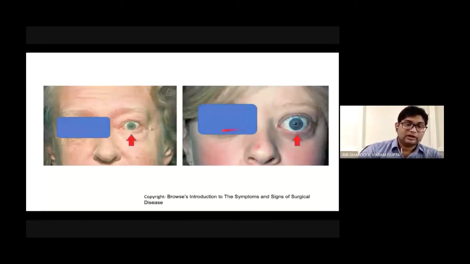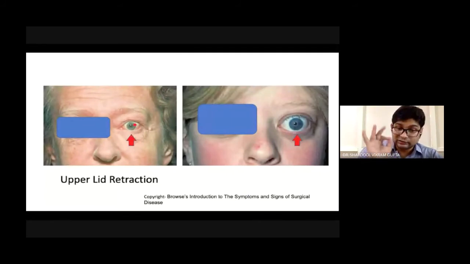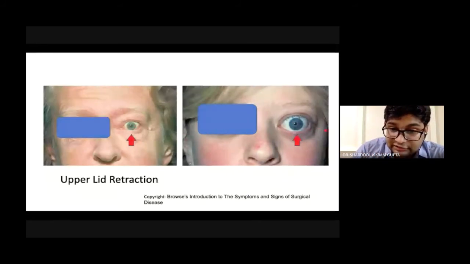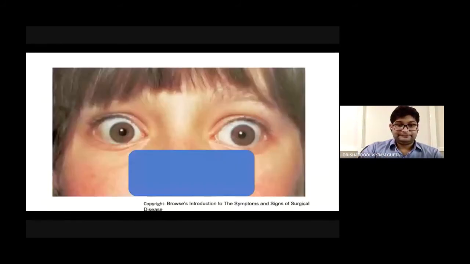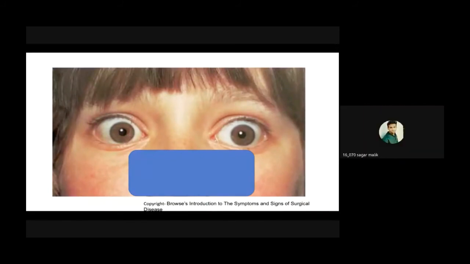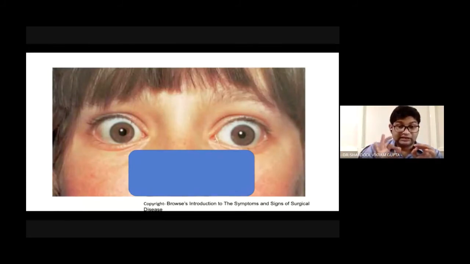Okay, very good. The lower lid position is normal, but the upper lid has moved up, so this is upper lid retraction or simply lid retraction. It's not exophthalmos. But in this picture, as you can see, both lid positions have moved, so it is exophthalmos. And what do you see in this picture? Unmute the mic and let me know. Sagar, what do you think this picture is? Lid retraction, sir.